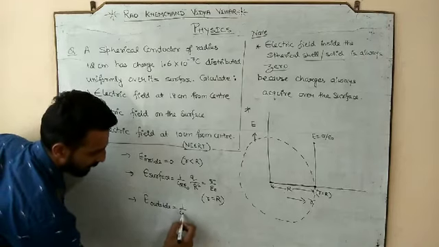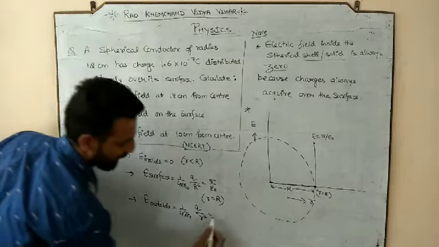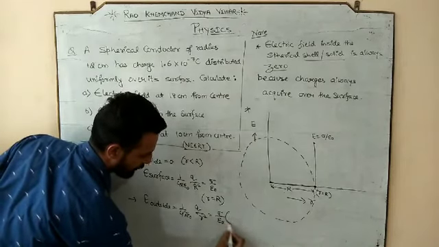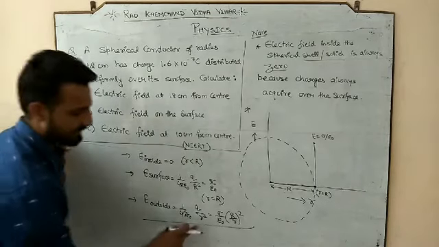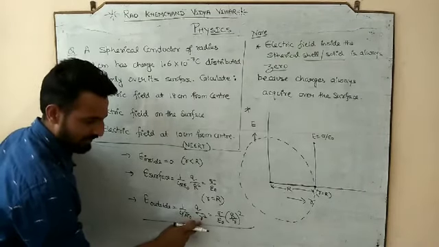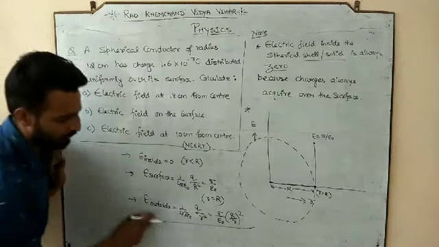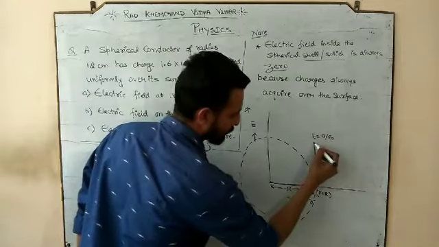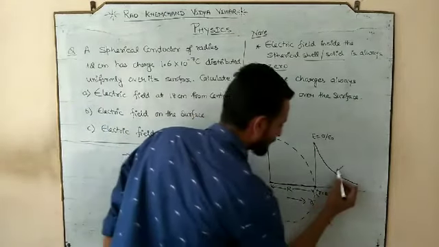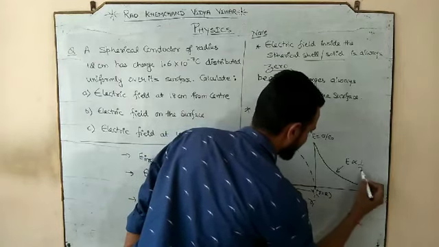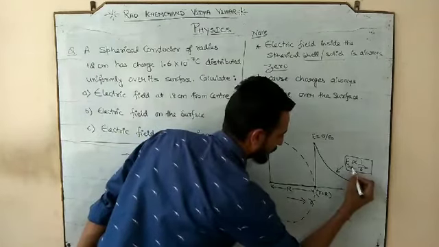And the third point is electric field outside. Outside, electric field was 1 by 4 pi epsilon naught Q by small r square, or you can say sigma by epsilon naught into capital R by small r whole square. Means with small r, the electric field outside is inversely proportional, and that would be in a square. So it would fall like this, because the electric field is inversely proportional to the square of the distance. That is your outside.